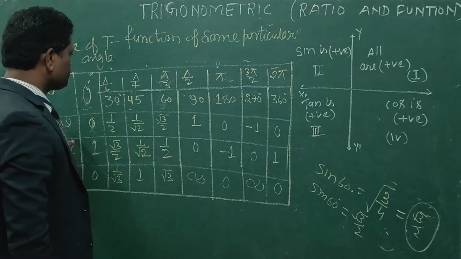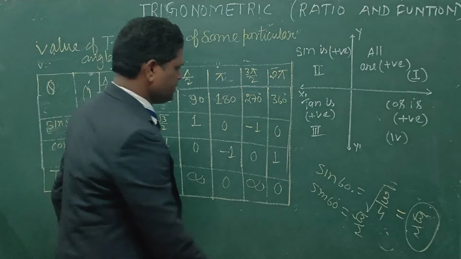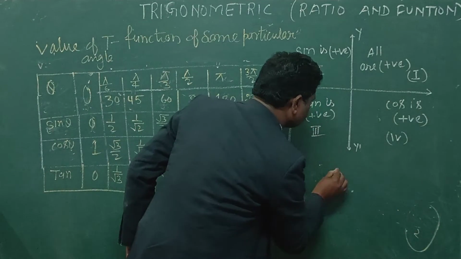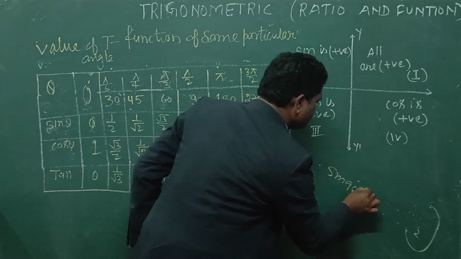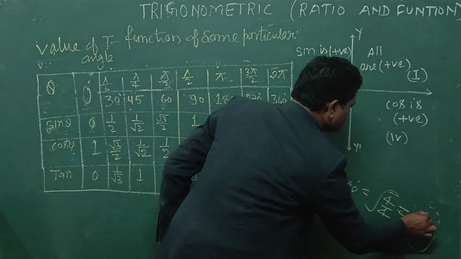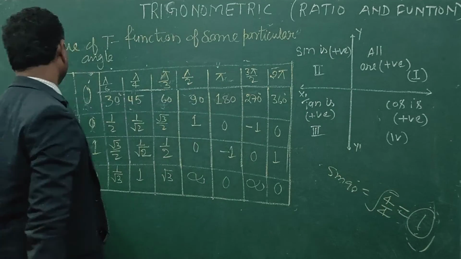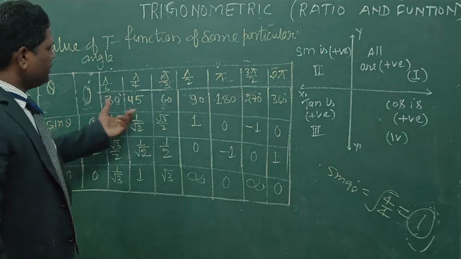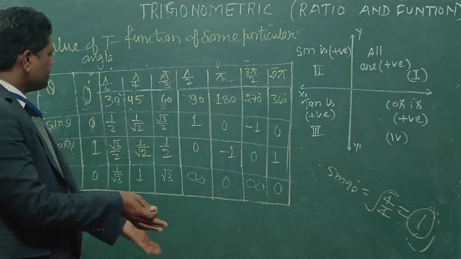After that, sin 90 degree. Sin 90 degree means root of 4 by 4, which is 1. So sin 90 degree is 1. After the reversal,